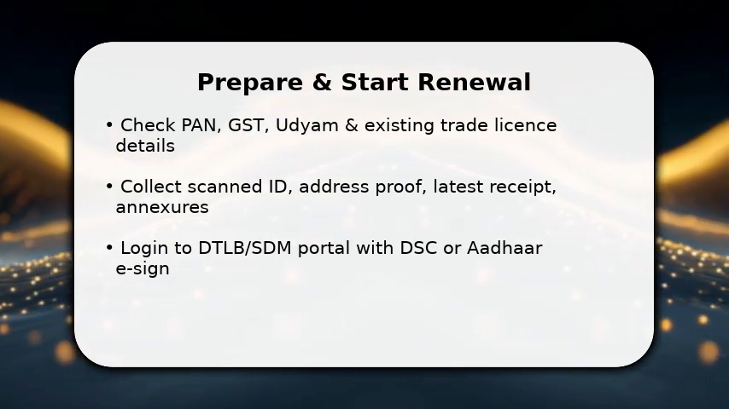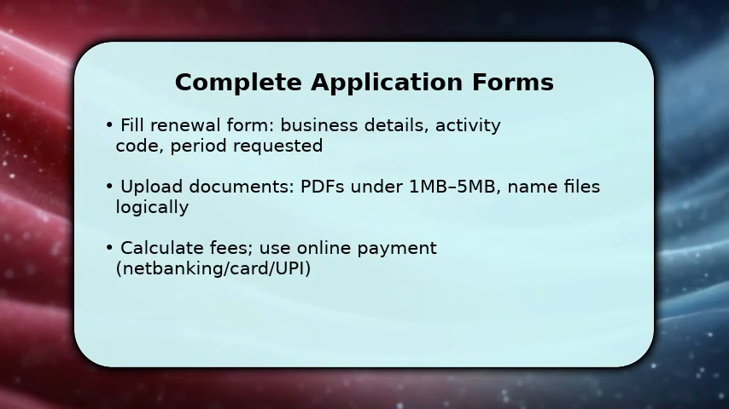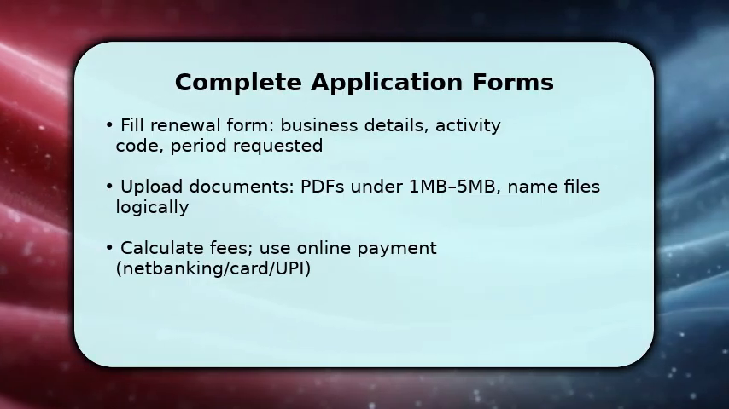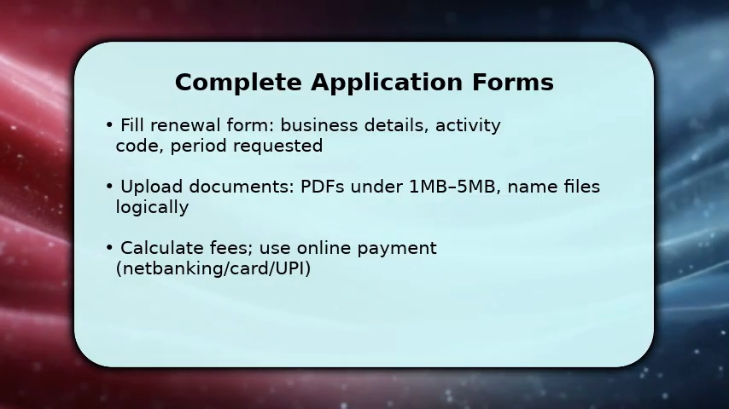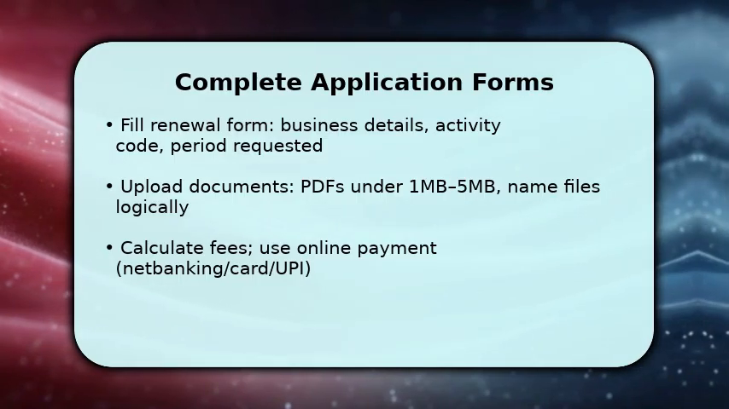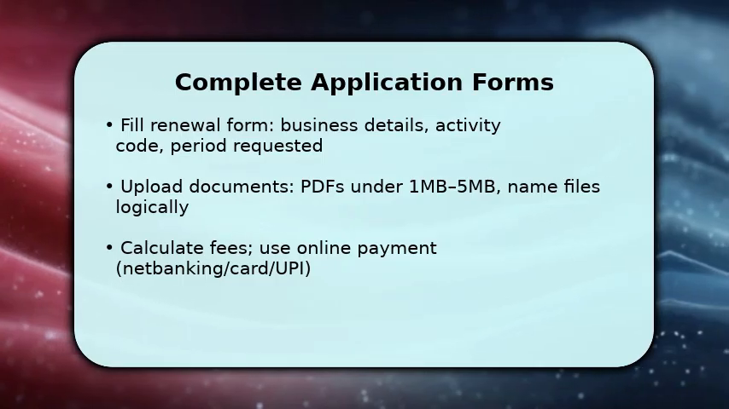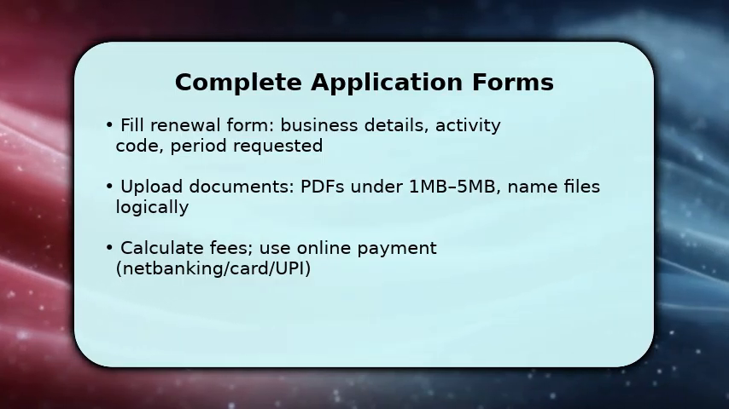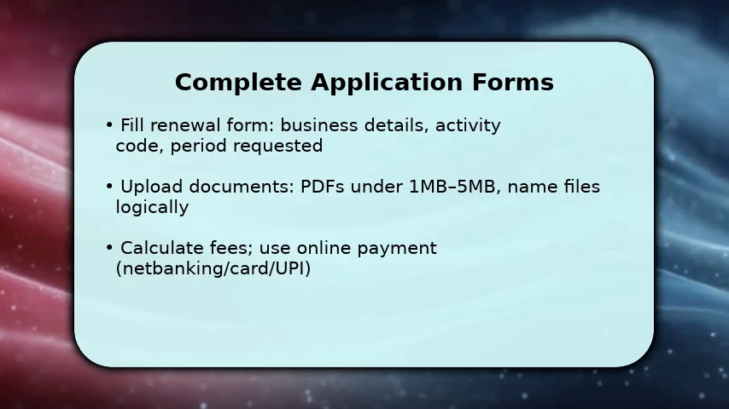You now focus on the core form fields and uploads. Carefully enter business details, activity code, authorized person, and renewal period, and then cross-check figures with your PAN/GST. Next, upload documents. Keep PDFs optimized between 1 MB and 5 MB and name each file clearly so reviewers can